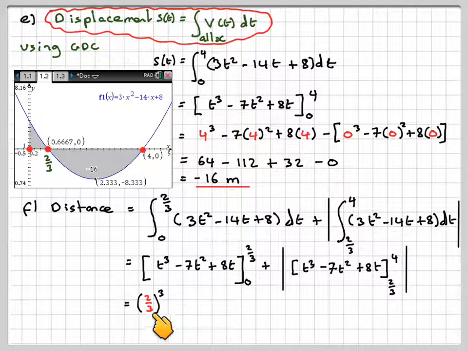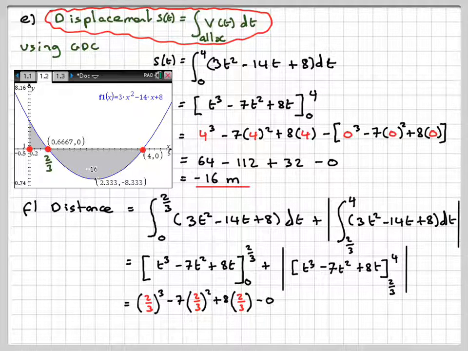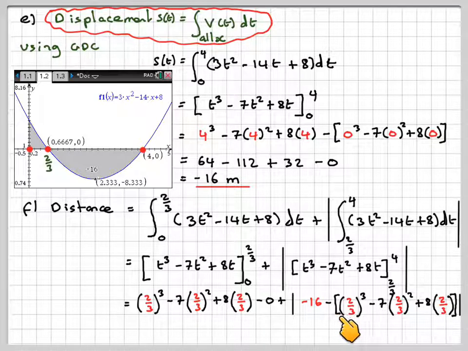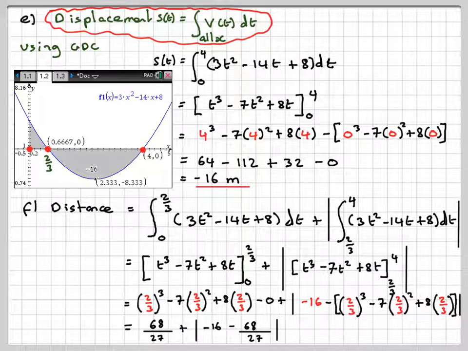Substituting in 2/3, so 2/3 cubed minus 7 times 2/3 squared plus 8 times 2/3, minus 0. When we put 0 in, we already know it's 0. Plus, now we've already done this bit up here. We already know that it's minus 16, so it's minus 16 minus all of that. So we need to minus all of that in square brackets: 2/3 cubed minus 7 times 2/3 squared plus 8 times 2/3. Working this out, we get 68 over 27, plus minus 16 minus